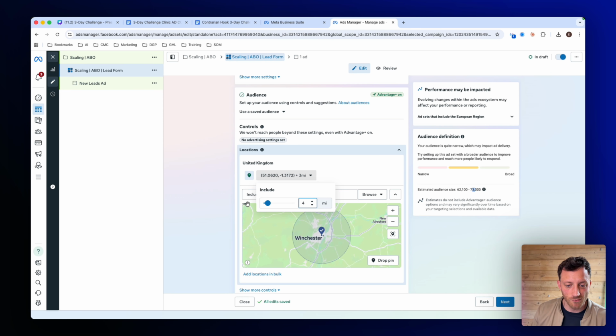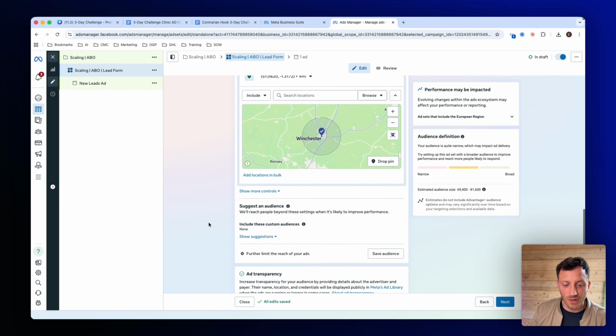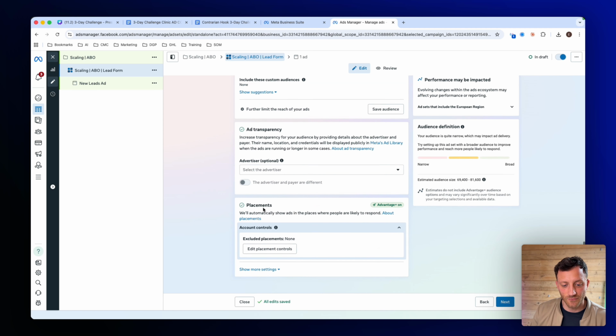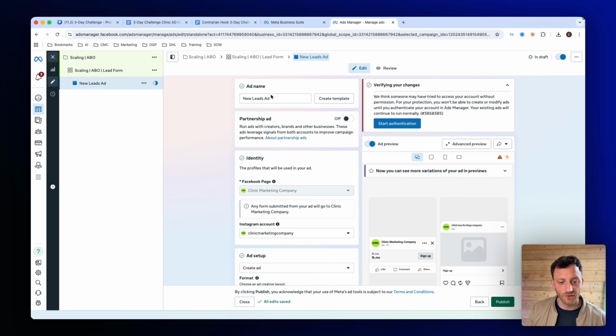I may even do this as 4 miles because people would travel in from that. Okay, so it's just knowing your place and knowing how far people would travel. We're going to leave everything else the same. Facebook's AI right now is so good, we can leave it all there. Okay, hit next. Now we're just going to name this